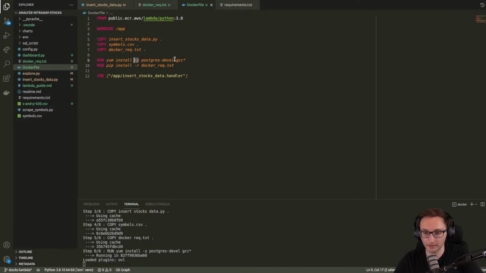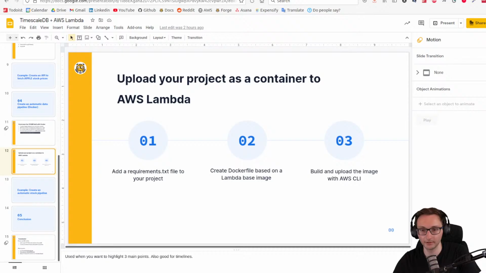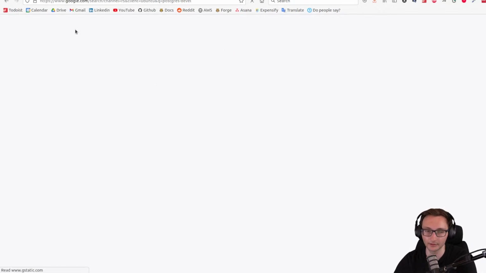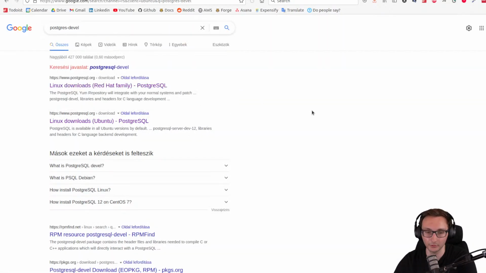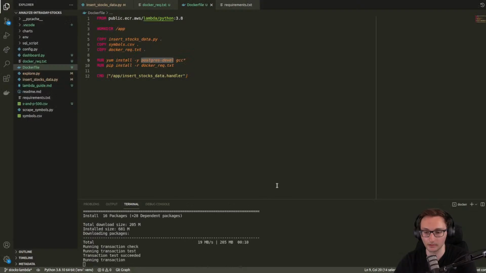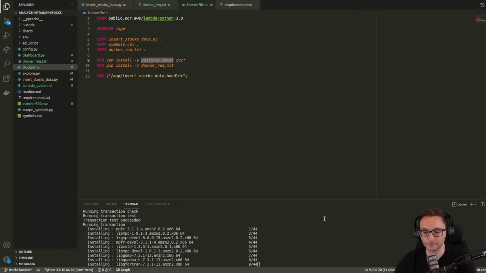I think it just needed the Postgres Devel library, because Postgres Devel has I think the libq module, which is needed for PsychoPG2. Okay, so it will install a bunch of stuff, and then